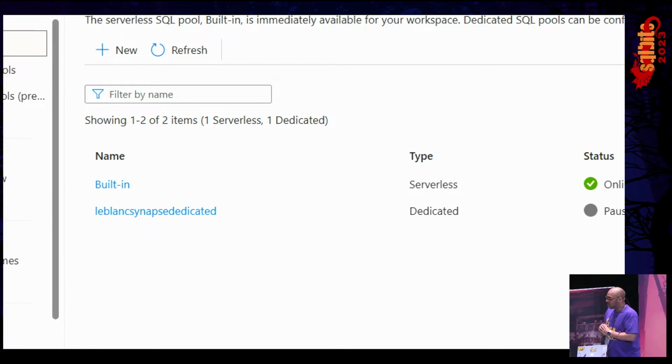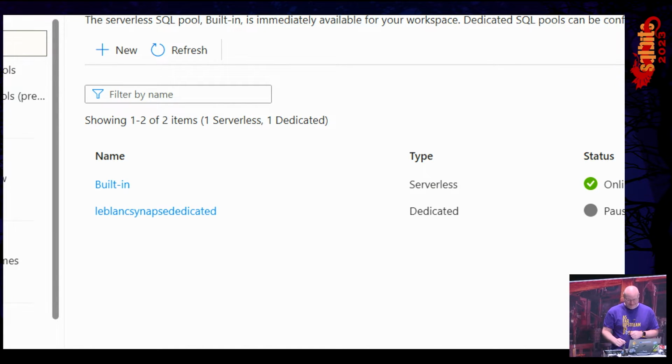That's it. That's a quick tour. So I did notice your dedicated pool looks like it's paused. So you can actually pause those items. Yeah, because I don't want to get an email from anybody at Microsoft because I left this pool running for all week. So I paused it this morning. Which we tend to do. Yeah. All right. So Patrick, that's great.